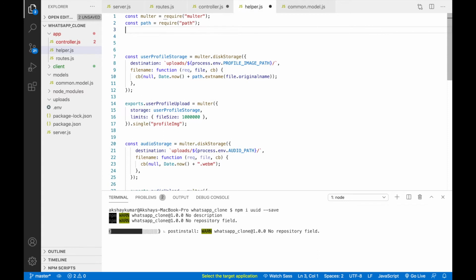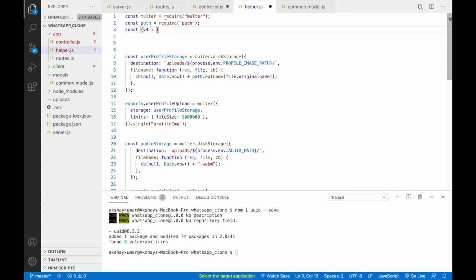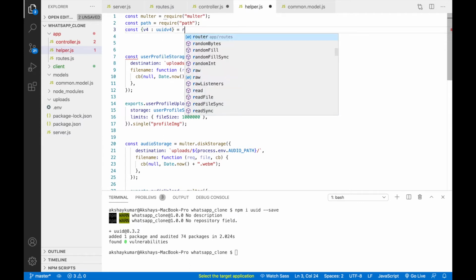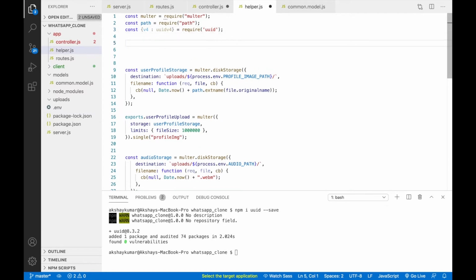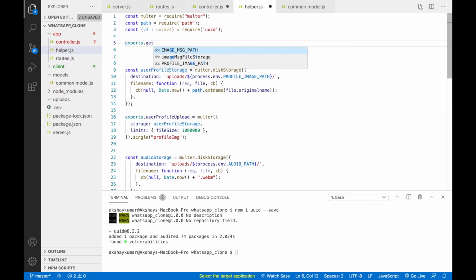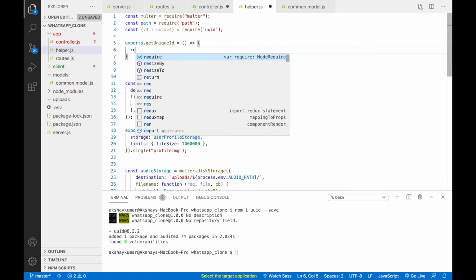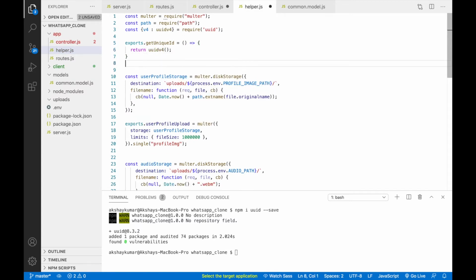And here we can write const v4 = require UUID, okay. Now here we'll write exports.getUniqueId. We'll just return uuid v4, so it will just return a unique ID.